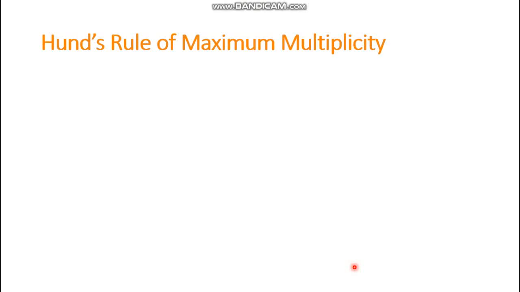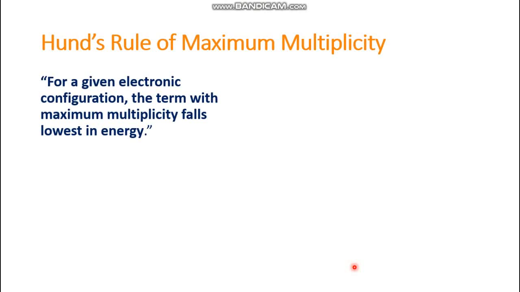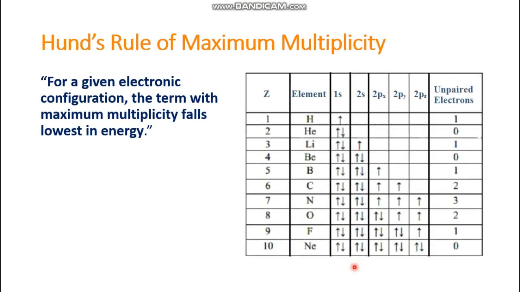And now comes Hund's rule of maximum multiplicity. This rule states that for a given electronic configuration, the term with maximum multiplicity falls lowest in energy. That means what? Look at this picture. Here, suppose for carbon, these two electrons are 2p electrons, but these 2p electrons will not occupy the 2px orbital